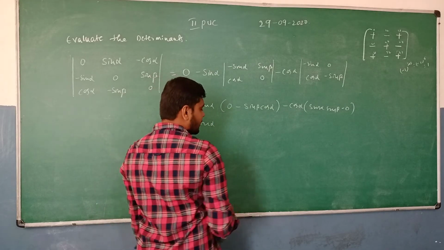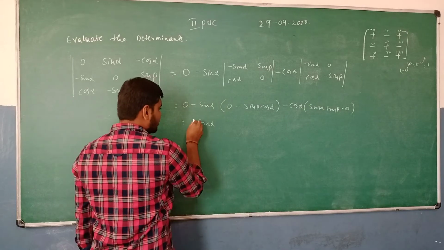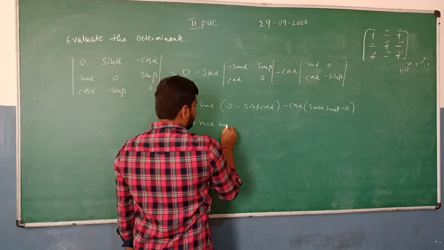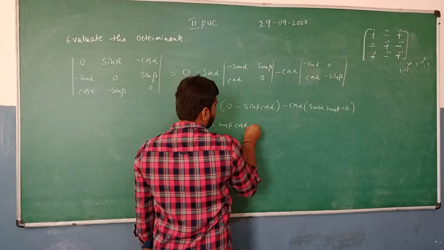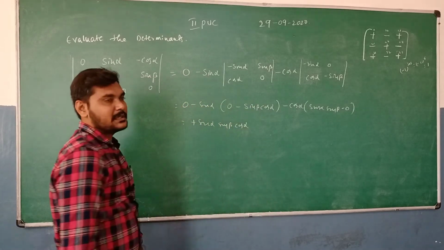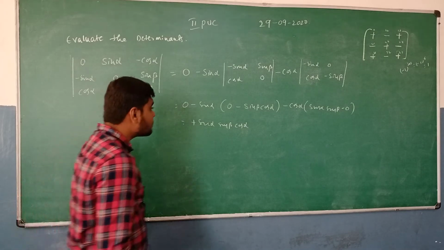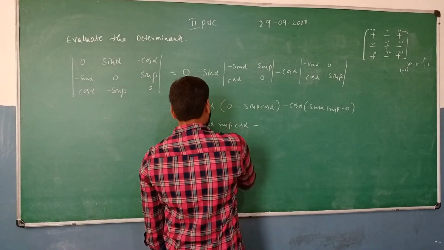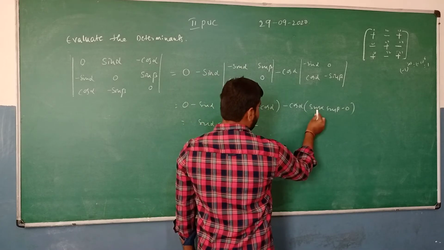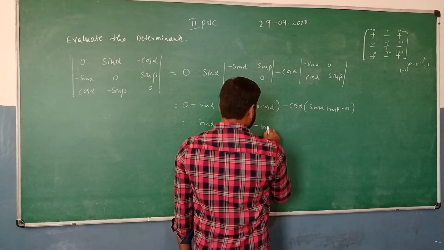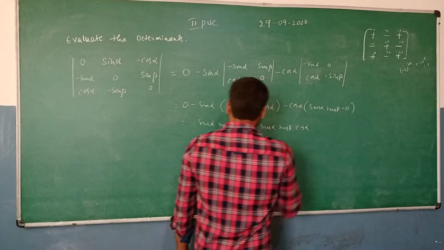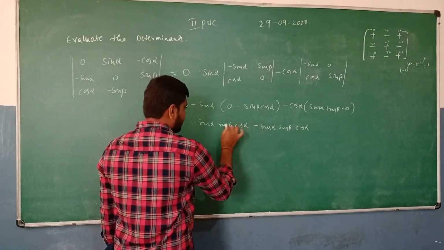Minus sin beta sin alpha cos alpha, that's going to be plus sin alpha sin beta cos alpha, because minus into minus is plus. So these three terms get multiplied, right? So what comes next? The minus stays as it is, minus into plus is minus, so it becomes minus sin alpha sin beta cos alpha. Look, sin alpha sin beta